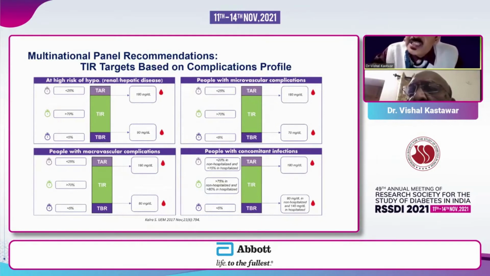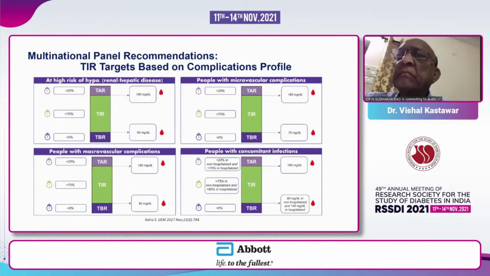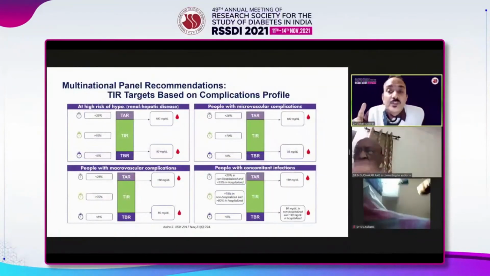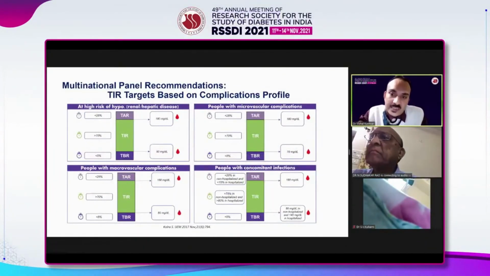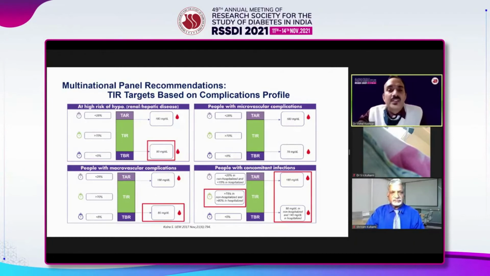They have given specific recommendations regarding infection patients, non-hospitalized and hospitalized. For hospitalized infected patients, the required glucose range they have said was between 140 to 180 milligram per deciliter, and it should be tried that more than 180 milligram per deciliter should be less than 15% of times, and below 140 milligram per deciliter should be less than 5% of times. For non-hospitalized infected patients, they say that the glucose range should be between 80 to 180 milligram per deciliter, and the time in range should be maintained above 75%.